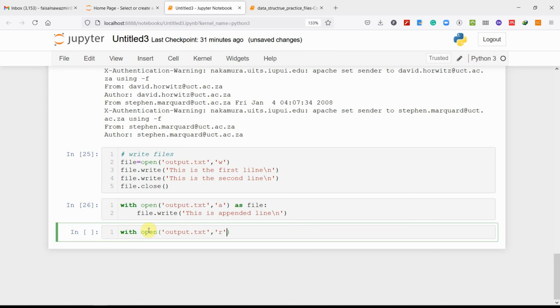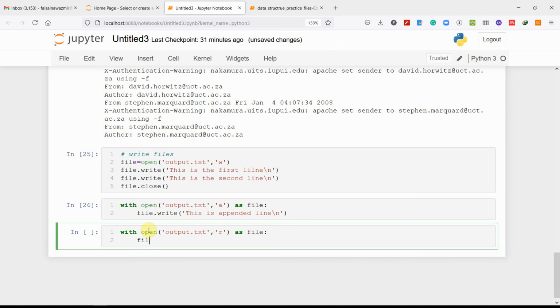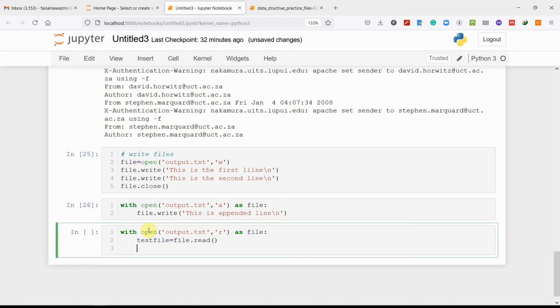Read, R for read. We open the file, and then file dot read. We give it a read mode, and you will see it will read all of that file. The file is actually read into a test file. You can see it will print it, and then